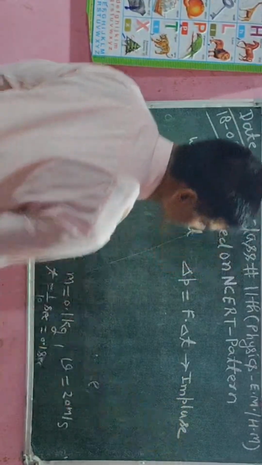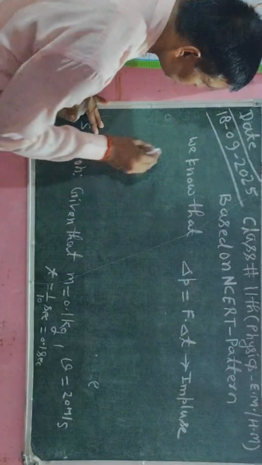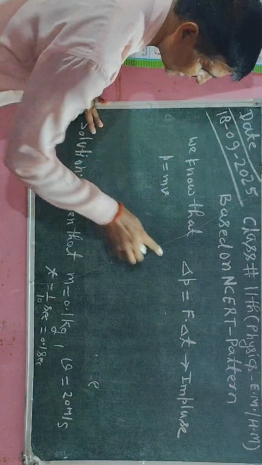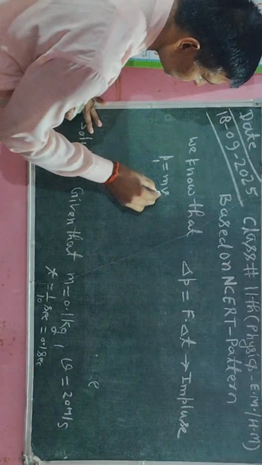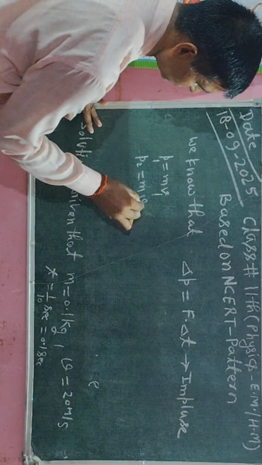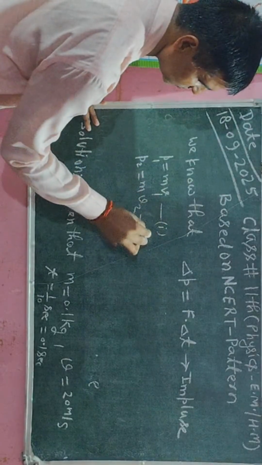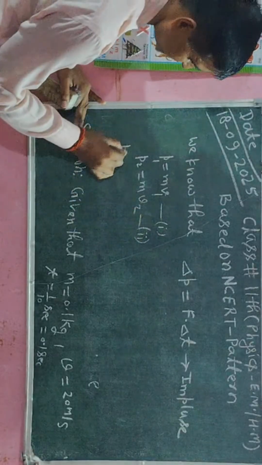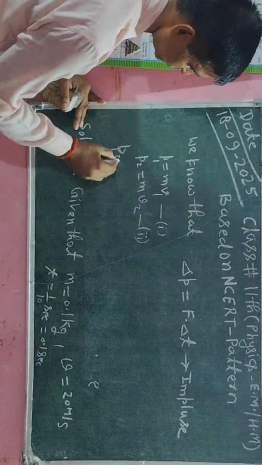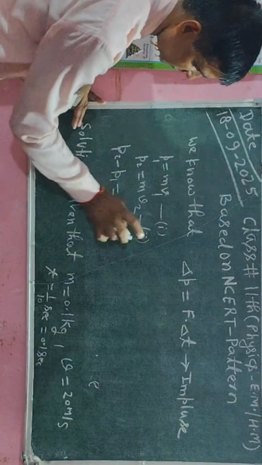This is the concept of impulse I have written there. Now delta P: for each and every student, momentum P is equal to m into v. But here delta P is written, it means that we have u and v2, so P2 is equal to m into v2. I have written these two equations, equation 1 and equation 2. If I subtract equation 1 from equation 2, I can write P2 minus P1, which is equal to